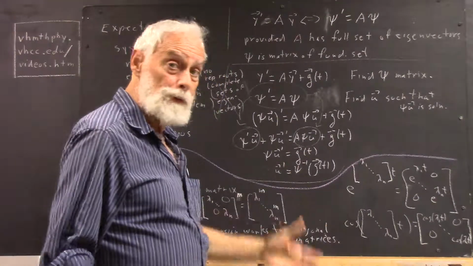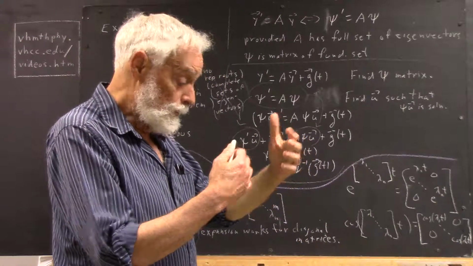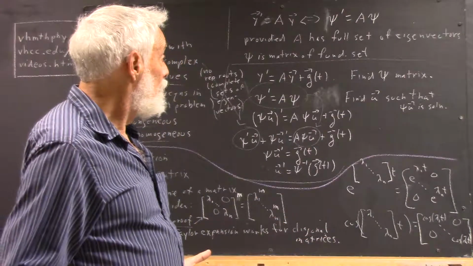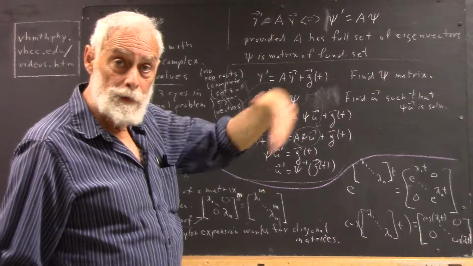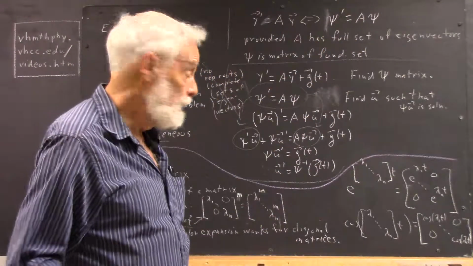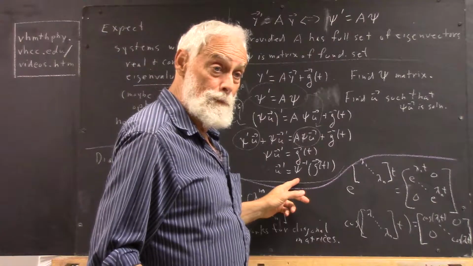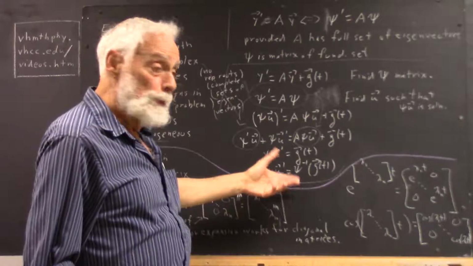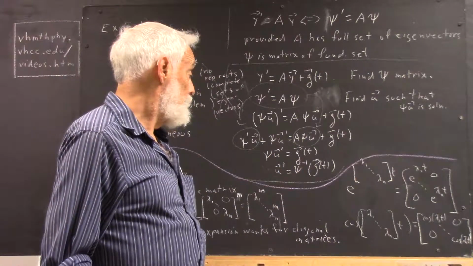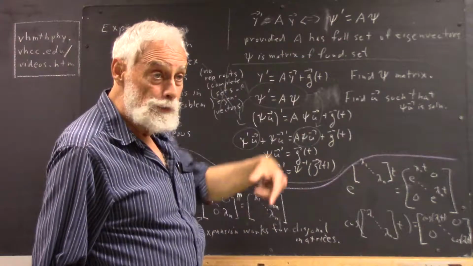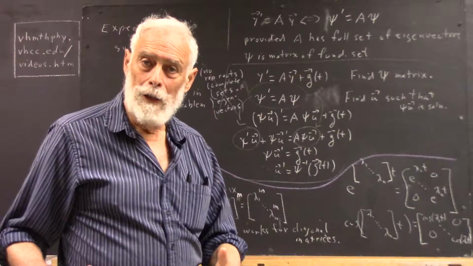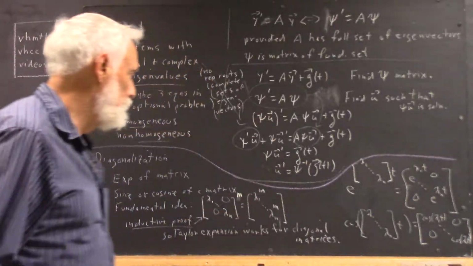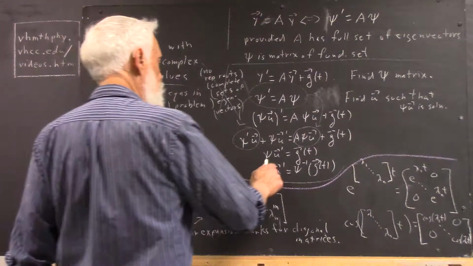Now, if you have a psi matrix, that means you had a full solution set, and its Wronskian was non-zero, and the psi matrix is the matrix of your solution vectors, the vectors in your solution set. So it's invertible, because the Wronskian is non-zero. The Wronskian is equivalent to the determinant of your psi matrix. Okay. You don't have a full set of solution vectors if you don't have a non-zero Wronskian, which means that you have a non-zero determinant, which means that psi is invertible. They don't have to know all that theory to use this,